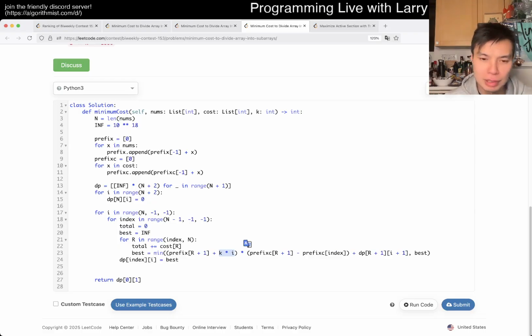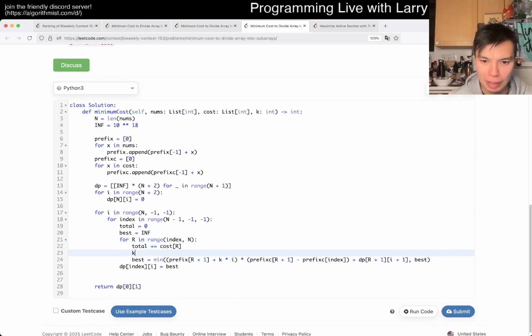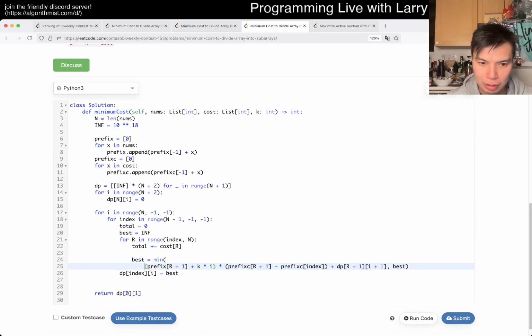Okay, so we definitely could take out the k times i, and so we could take this out. Okay, let me rewrite this as